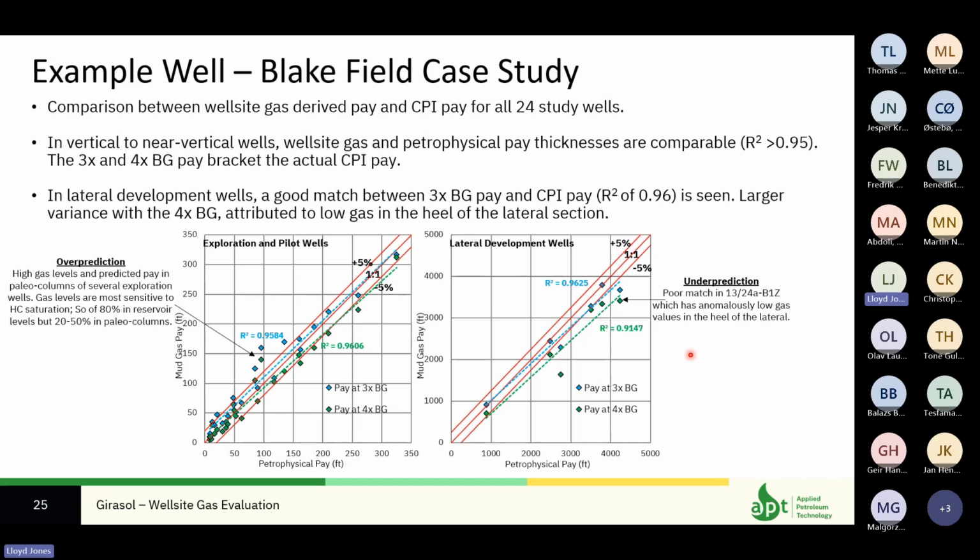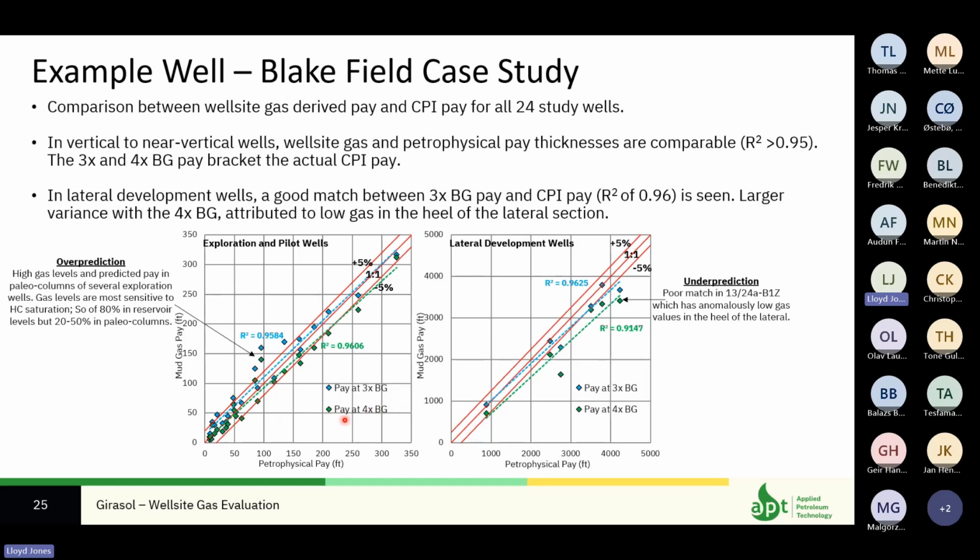And you can see the R squareds for the exploration and pilot wells were about 0.96 between the two methods. I should say, sorry, the blue diamonds you see here are pay flags or gas peaks 3 times above the background, and that's normally the baseline case that we use to determine zones of increased saturation. But we use a 4 times background to try and be a bit more pessimistic on the zones, and sometimes